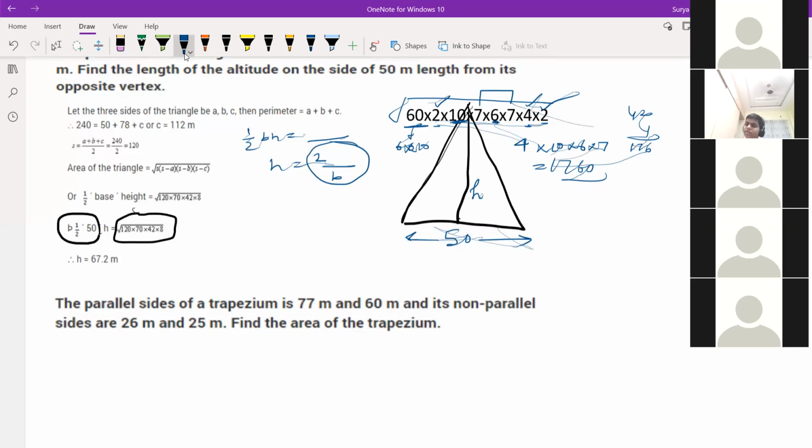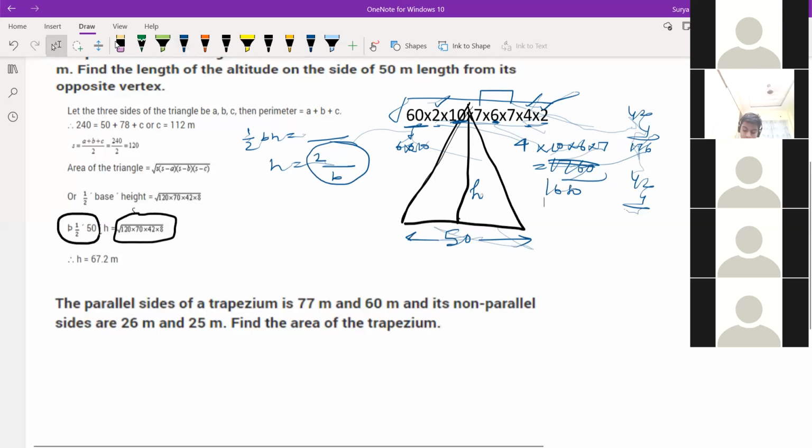Sir, 1680, no, sir. 4 fours are 16. 42 into 4, right? See, 4 into 10 into 6 into 7, right? This only you are getting, no? One minute, let me check. So this is coming the same. 7 sixes are 42, and 42 into 4 will come. Sir, 4 to the 8? And 4 fours are 16. Acha, okay, 1680, correct. So see, you are getting it.